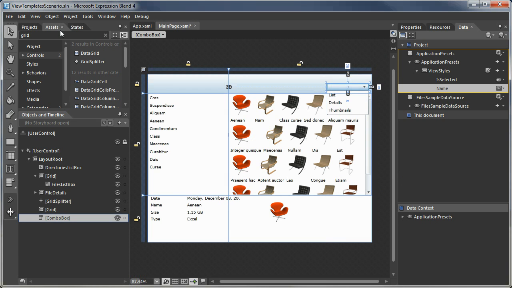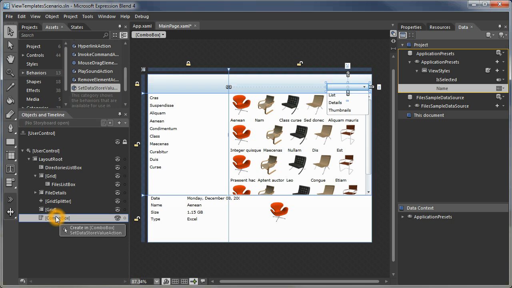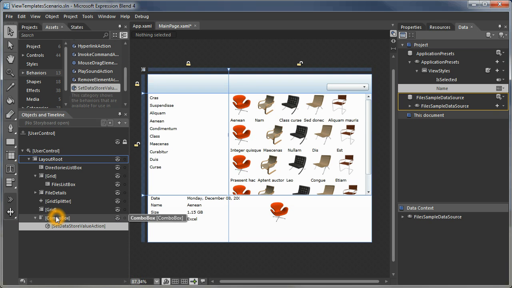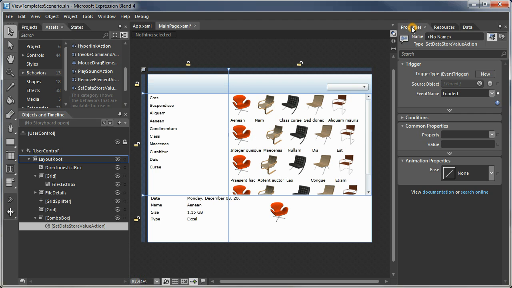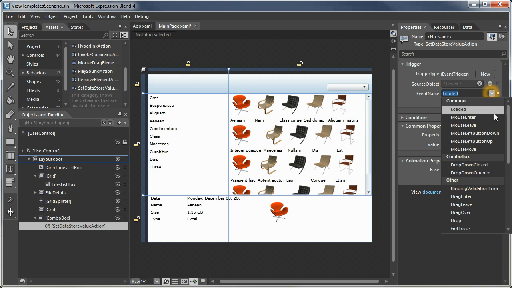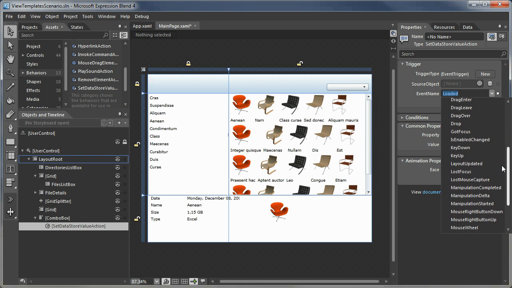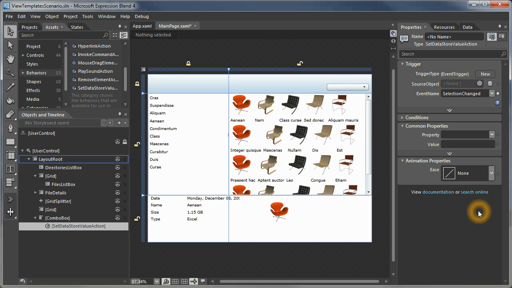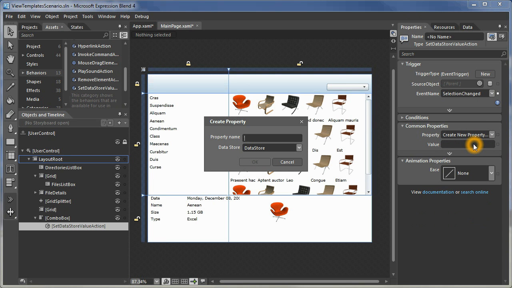So what we're going to do is add a behavior onto the combo box that updates the data store. So I'm going to drag the set data store value action onto the combo box, and that has a bunch of properties, and what I'm going to say is when the combo box selection changes, I'm going to change a property. Now I don't have any properties in my data store yet, so I'm going to create a new one, and I'm going to call this current view style,